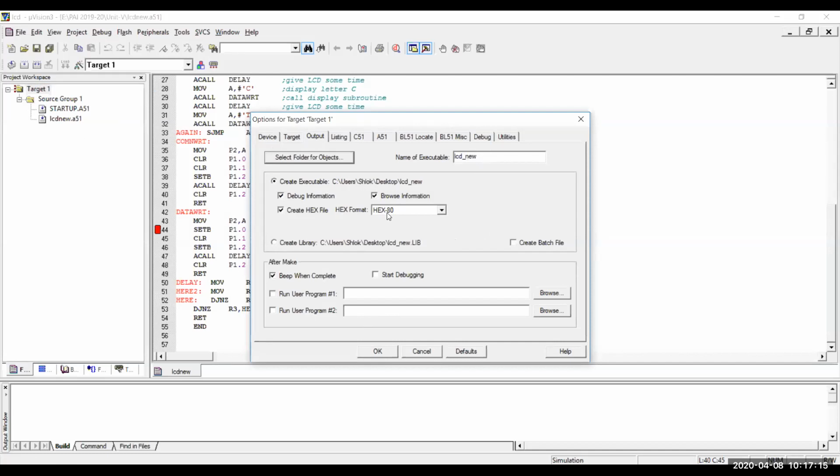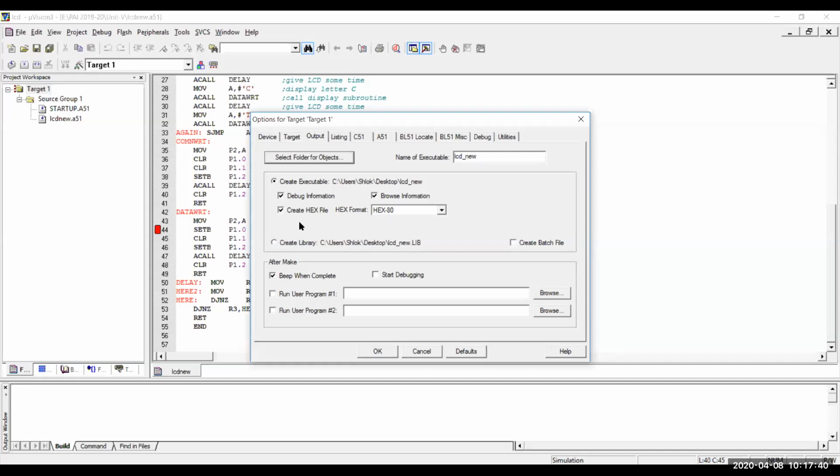This hex file is required for your Flash Magic software. Flash Magic is the software we use between our Keil and 8051. It uses this hex file and burns it onto the ROM of your 8051, and then you are able to execute the program.